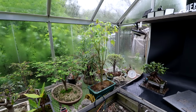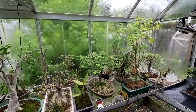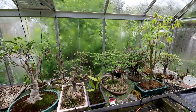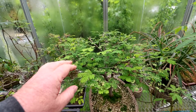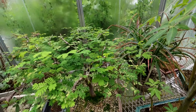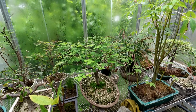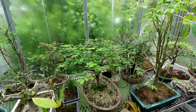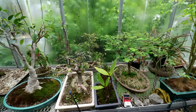I have a lot of tropicals on the go, but at this point in time, they're not looking so good. They've come from indoors to outdoors. Some of them got a little sunburned, like my Brazilian rain tree. Some of the leaves are a little sunburned. It's starting to push out new growth now, but it's in one of those in-between stages until the sunburnt foliage goes away and it bursts out with new growth. It'll look a little rough for a while. Same with like my